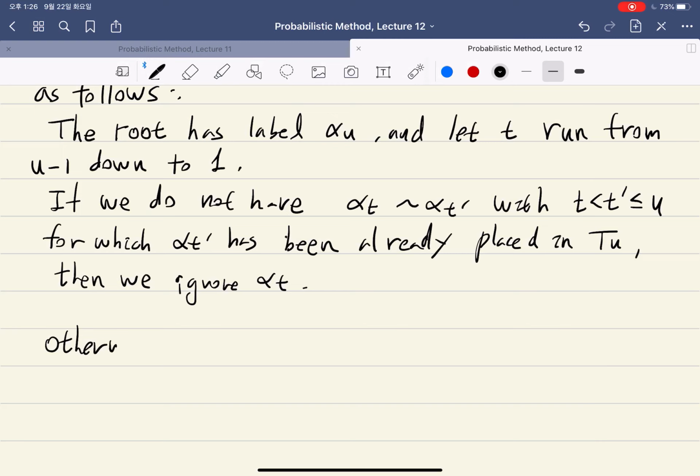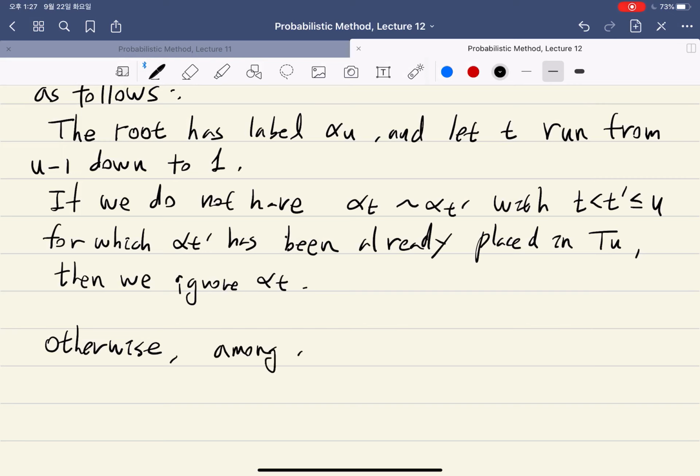Otherwise, meaning that if we have already some t prime in this rooted tree we have so far,